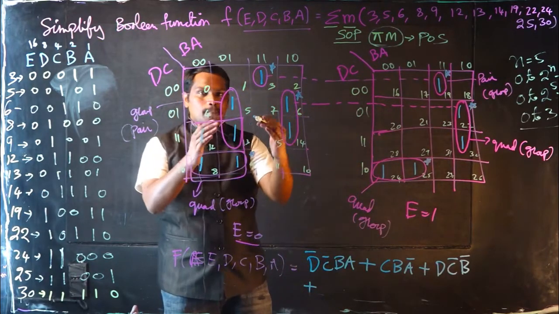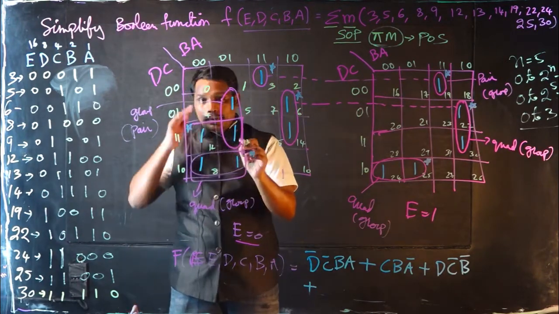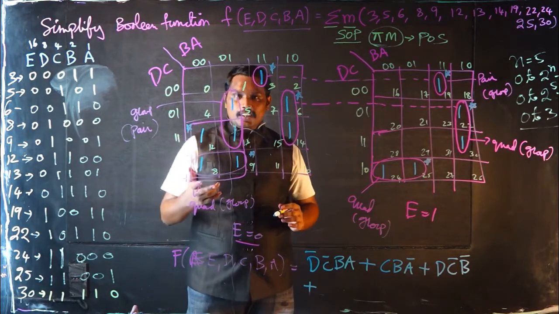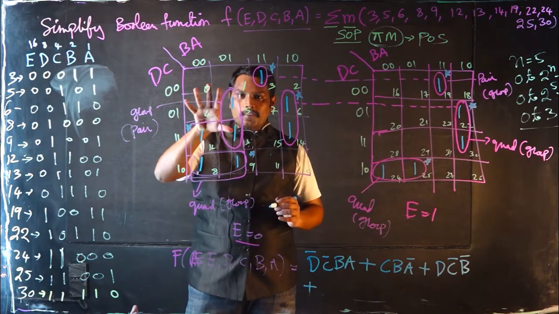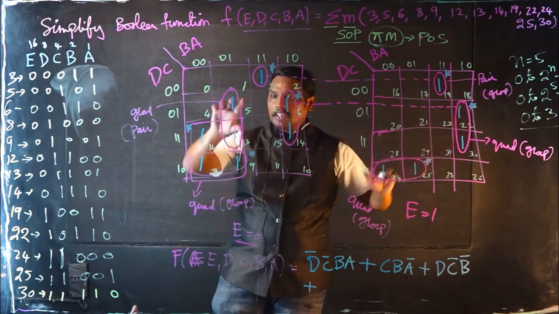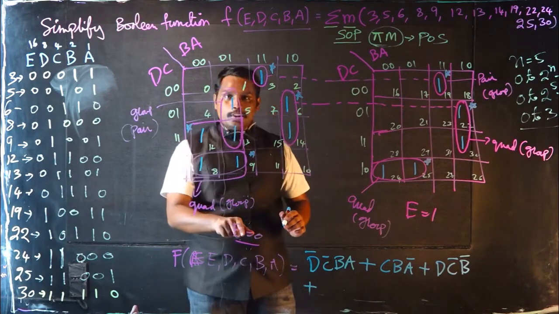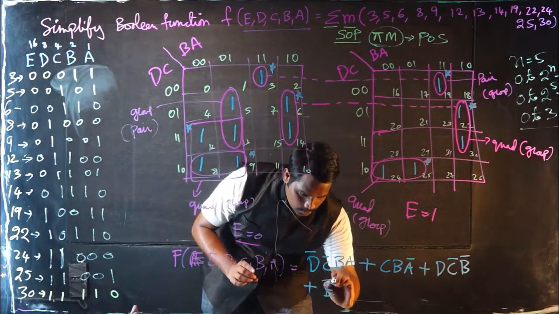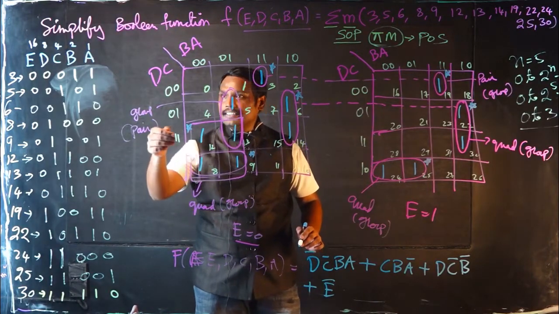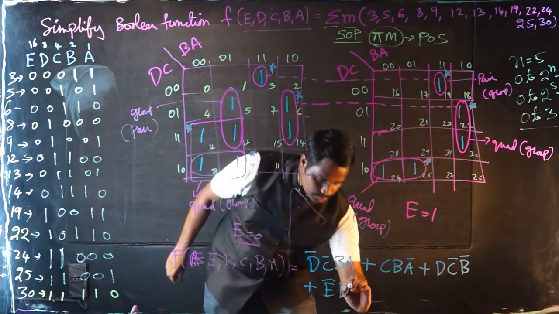Now in this particular Karnaugh map, you are going to have one particular quad here, which is a group, and then this is another group, right? For these 2 groups, E is equal to 0 has to be included, because you are taking only the group of ones from this particular Karnaugh map, you are excluding the other Karnaugh map because all the commonalities are completed. Now for this Karnaugh map, you are going to extract this particular quad. In this quad, you see E is equal to 0, which means E bar. So E bar, and then this quad has the commonality D, and then the commonality B bar.